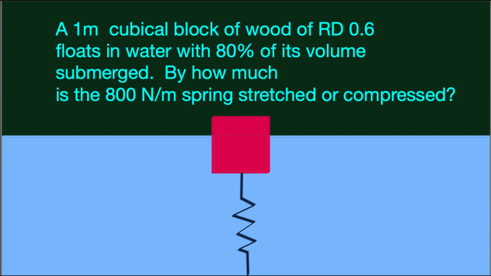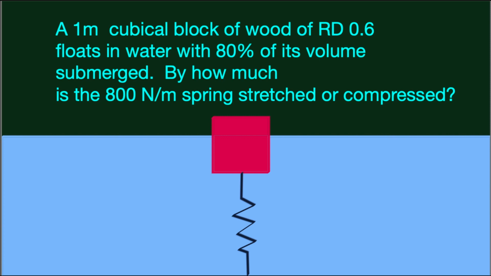We have a cubical block of wood. It doesn't matter what the shape is, but if its relative density is 0.6, that means its density is 0.6 times the density of water. Now we know that if we float it on water, it would float with 60% of its volume submerged and